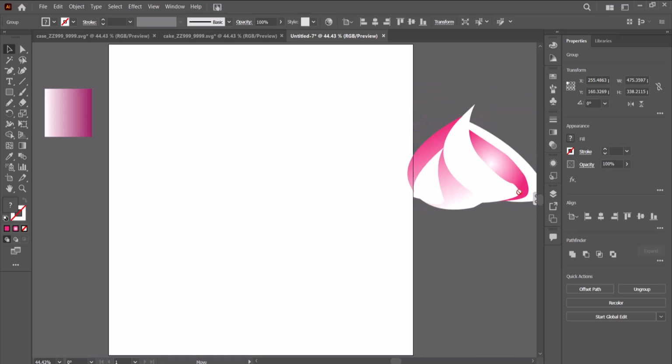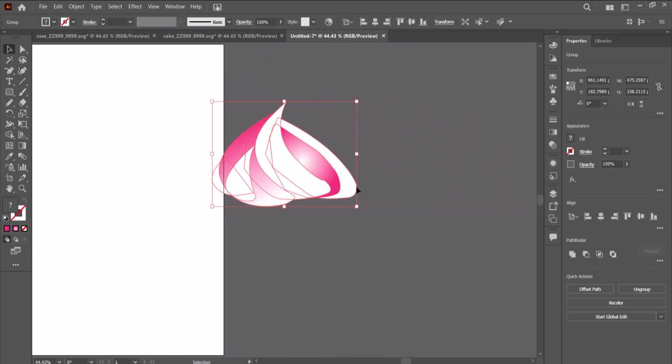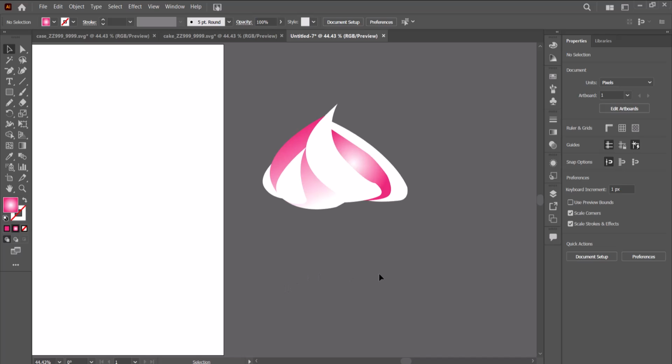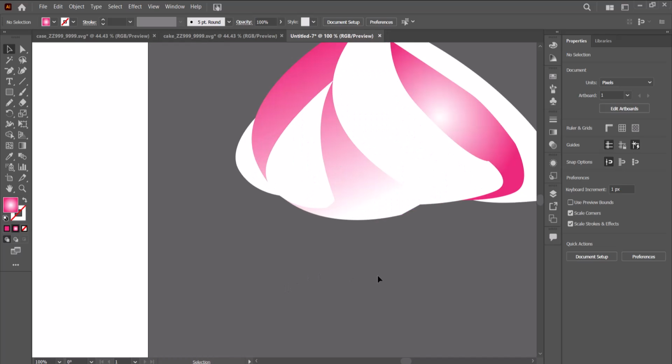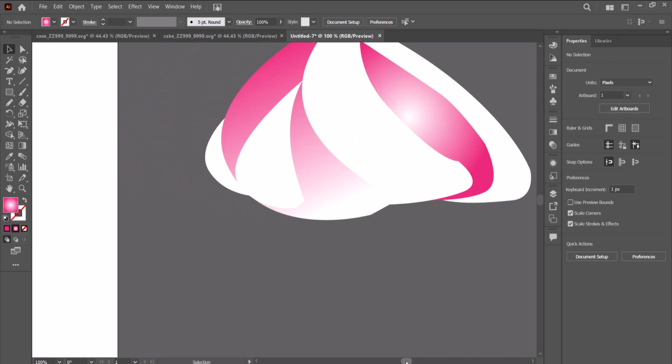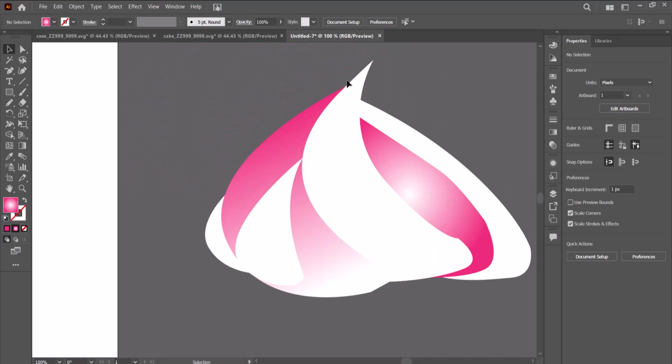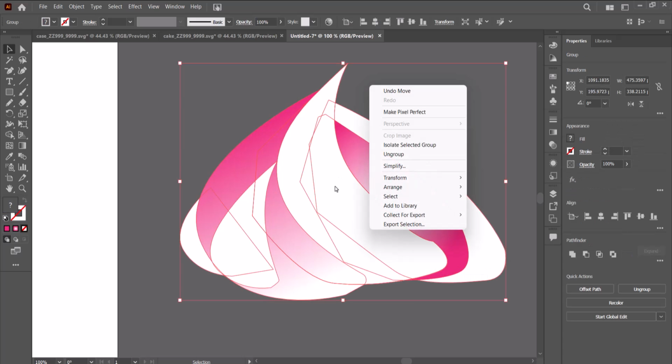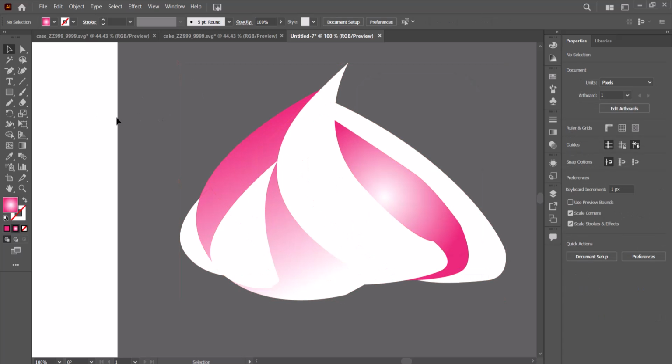background to the side so that we can clearly see what we've created. Yeah, so this is the topping. I'm going to zoom in a bit on it, and we are going to create an outline for the entire thing. So make sure it's grouped. Good. And now we pick your